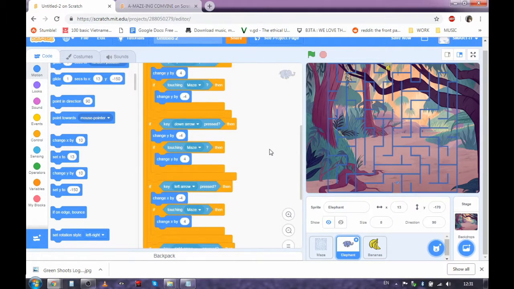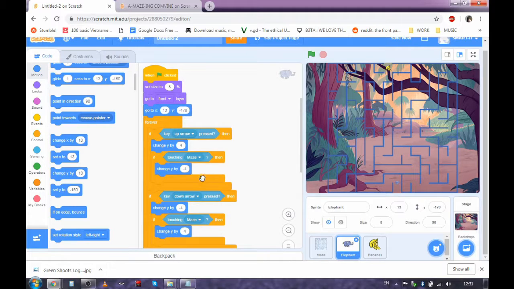Okay, so now you can see that we have for up and down, we have the Y values in place,